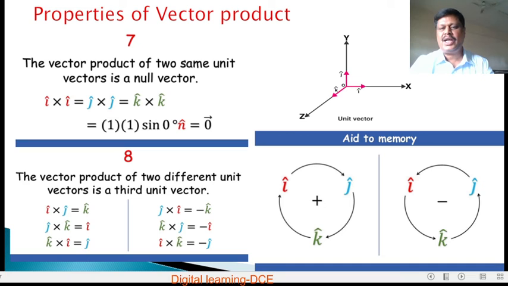Similarly, if j and k are acting in this plane, the unit vector i is perpendicular to the plane containing j and k. Again, k and i are the unit vectors acting in the xz plane. Their cross product, that is k cross i, acts in a direction perpendicular to this plane. That is why i cross j is equal to k, j cross k is equal to i, k cross i